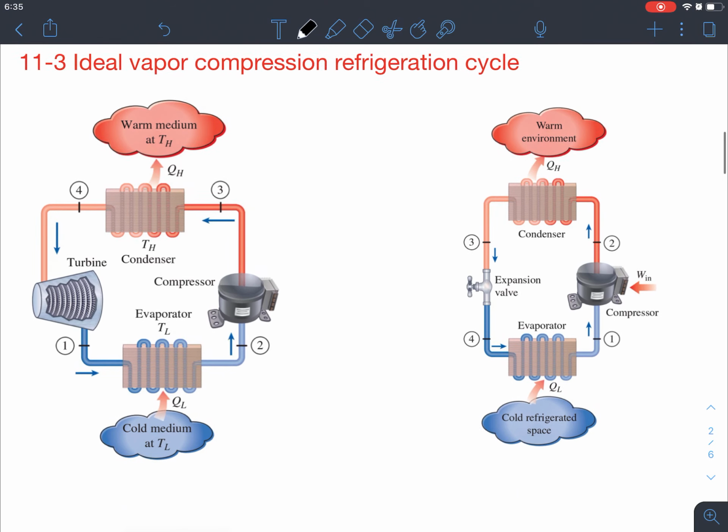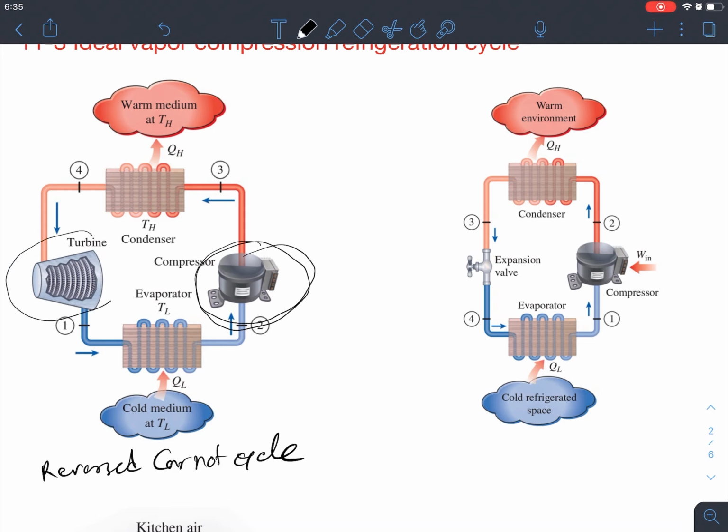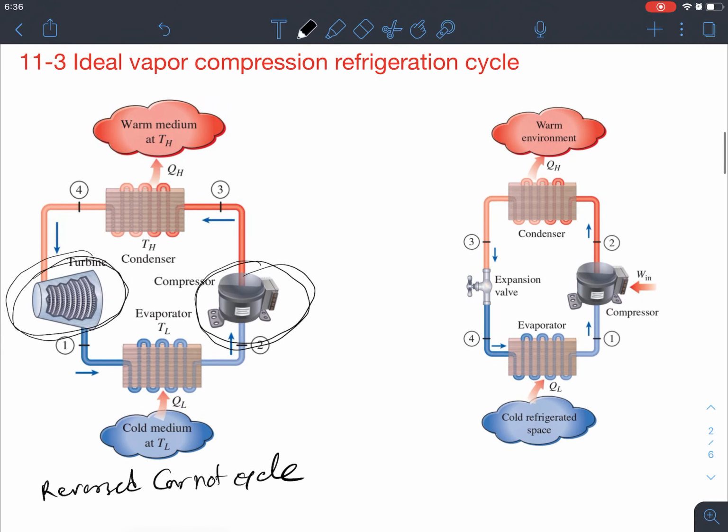So in the last class we talked about the reversed Carnot cycle, right? In the last class, when we saw that Carnot cycle, we saw impracticalities in the compressor, where liquid is the input, and also in the turbine, right? So these two were the impracticalities. Today, in the ideal vapor compression refrigeration cycle, we will see how these two impracticalities are